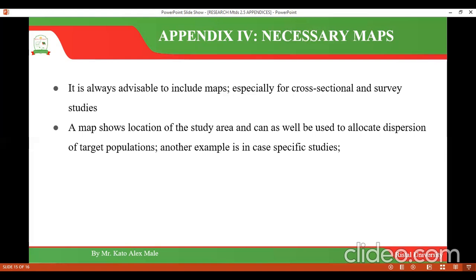Therefore, if you're going to use such a design, it is always important to include a map, because a map will indicate the location of the study area and can as well be used to show dispersion of target populations. Another example of a research design that is good for maps is case-specific studies. In case your study is case-specific, I mean, in case you want to target only cases of HIV, I'll use a map first to